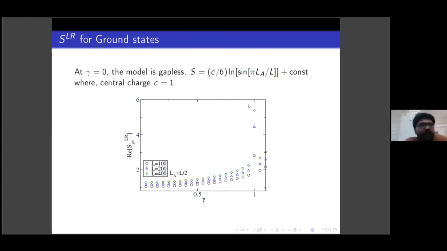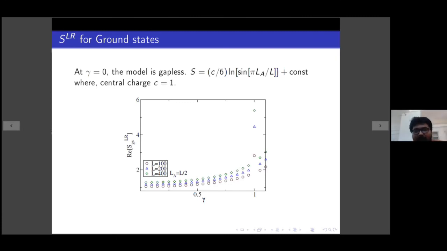is actually gapless. And if your model is gapless, we know the ground state can be mimicked with some kind of CFT, and you see a logarithmic scaling of this entanglement entropy with the system size. As a matter of fact, for the open boundary case, it should obey this type of expression, where C is just the central charge. And for the particular Hamiltonian we worked on, the central charge should be 1.